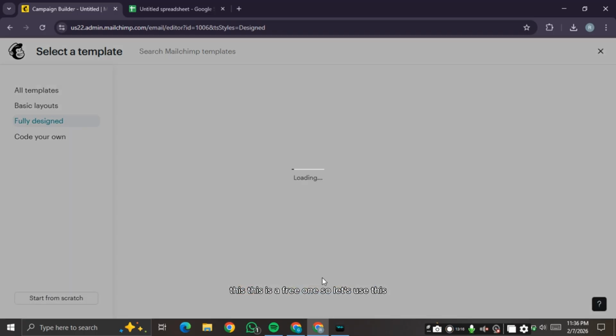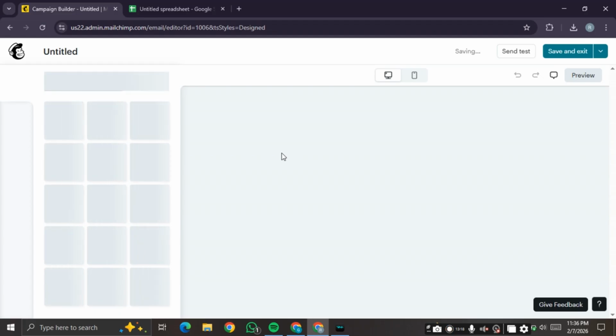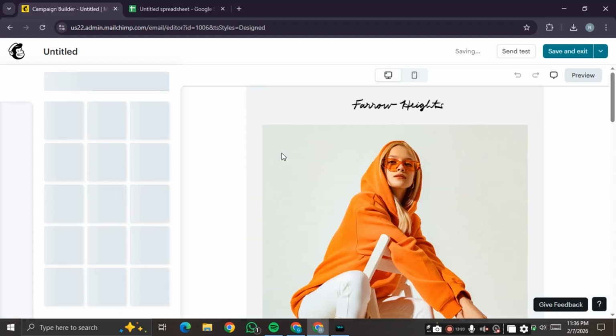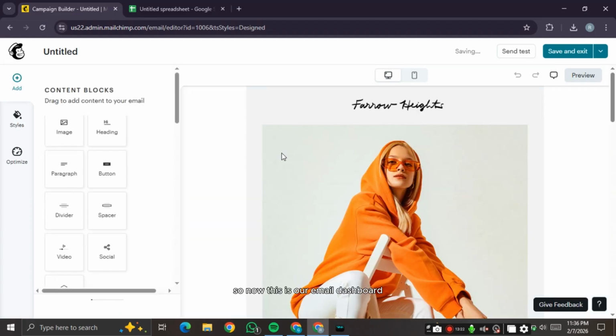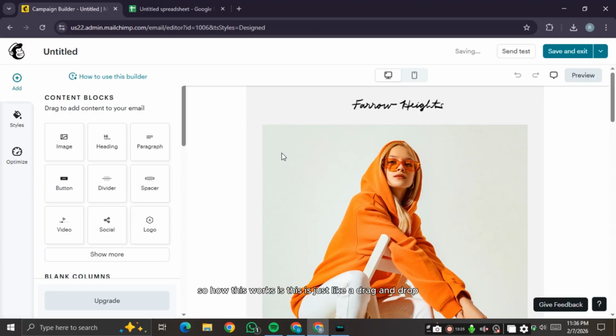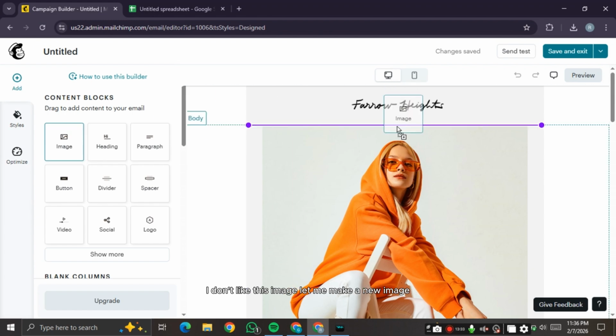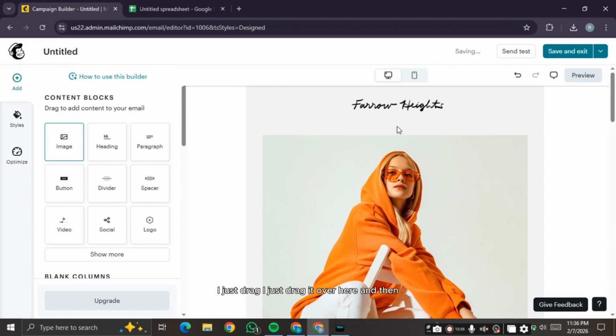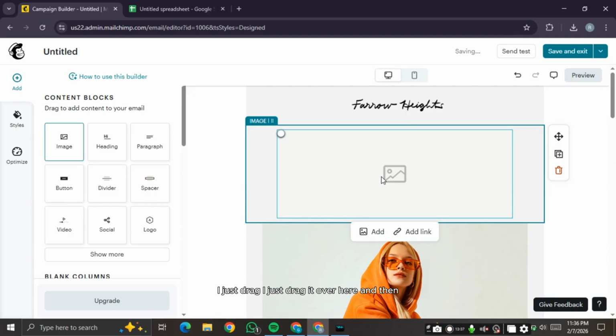Okay, this is a free one, so let's use this. So now this is our email dashboard, all right? So how this works is this is just like a drag and drop. To make a new image now, let me just drag. I don't like this image, let me make a new image. I just drag it over here, and then